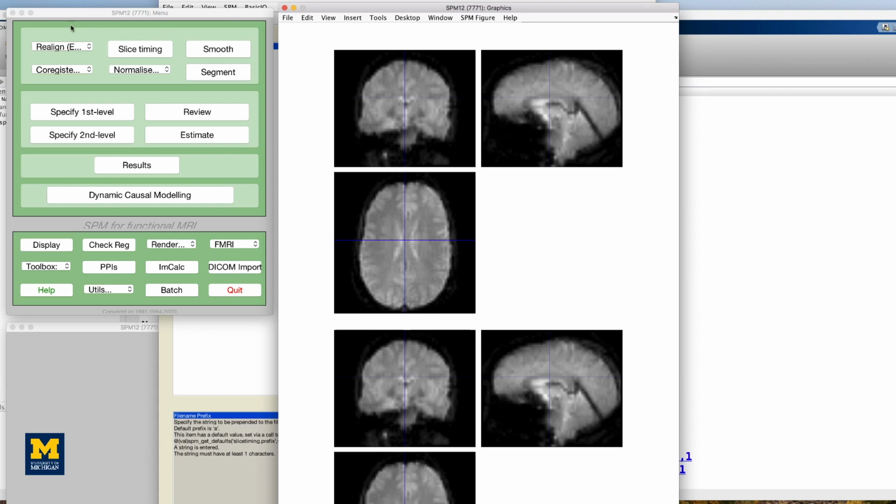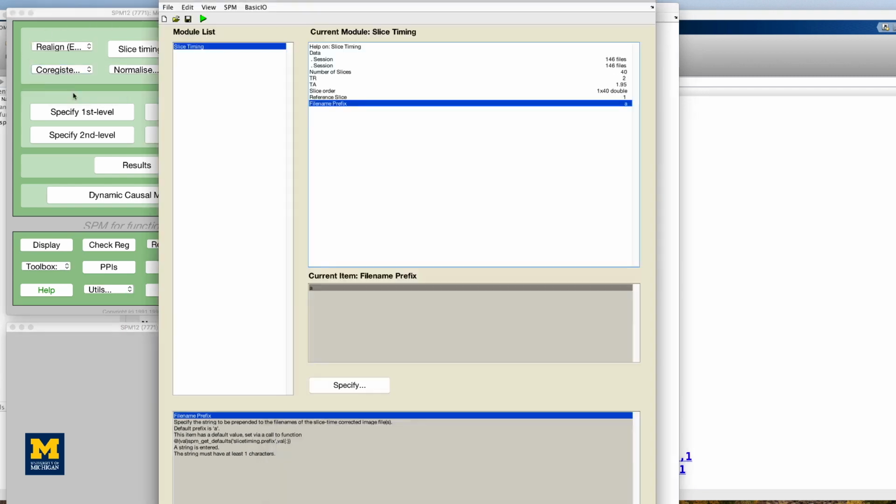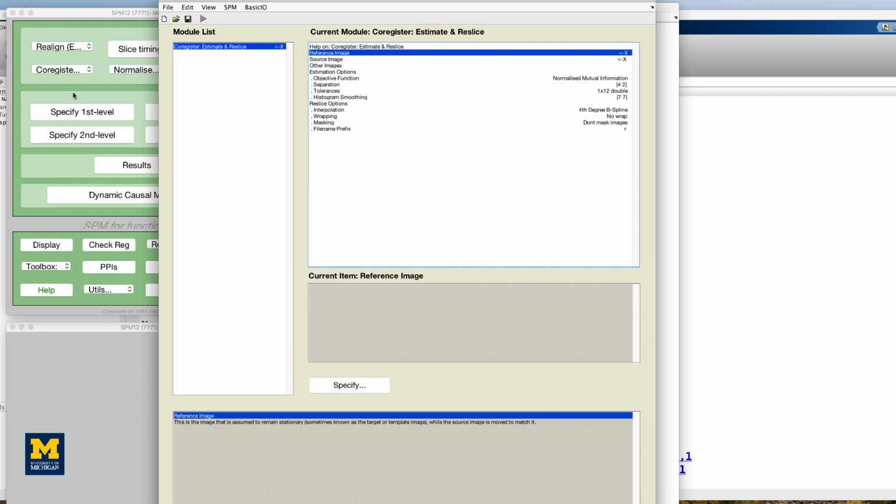Next is co-registration, or aligning the functional data to the anatomical data. Click on Co-register, Estimate, and Reslice. This will open up a batch editor window with only 2 fields that need to be filled in, a reference image and a source image. The reference image is the image that will remain stationary. The source image, on the other hand, is moved around until a best fit is found between the reference image